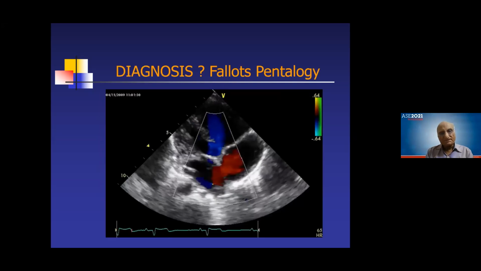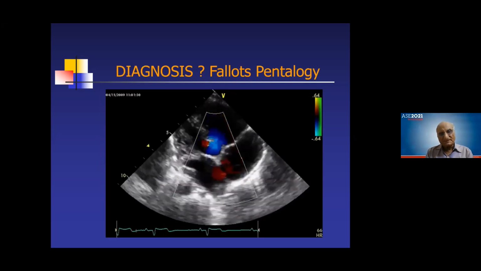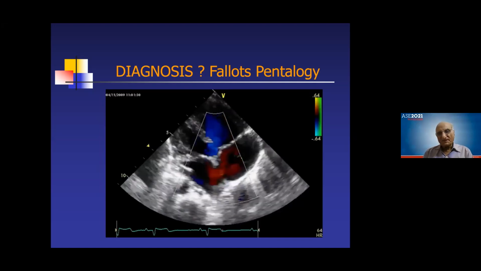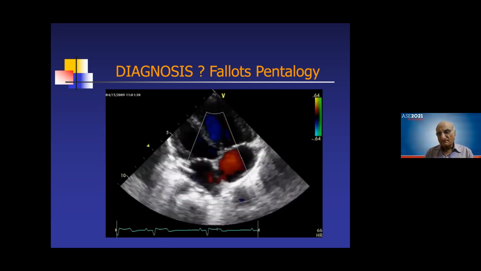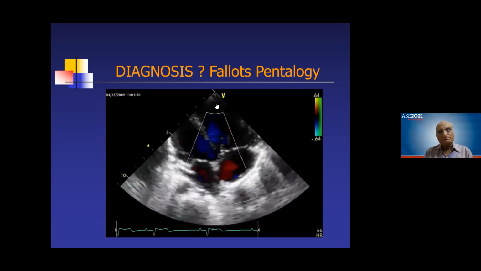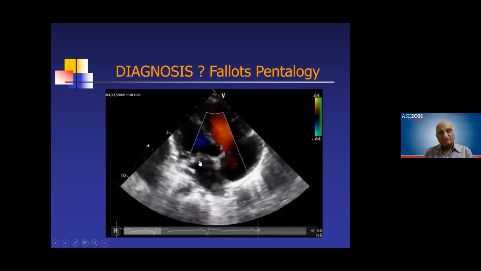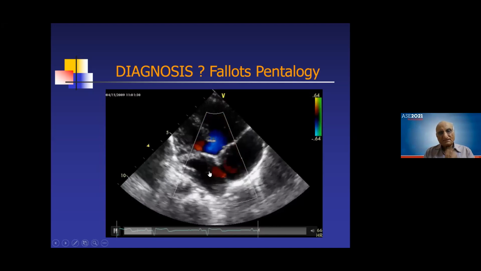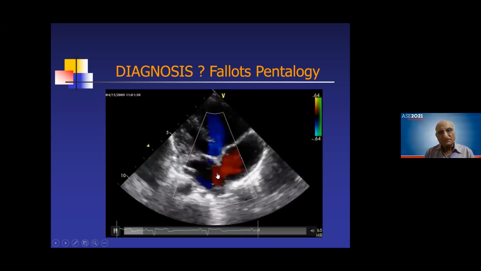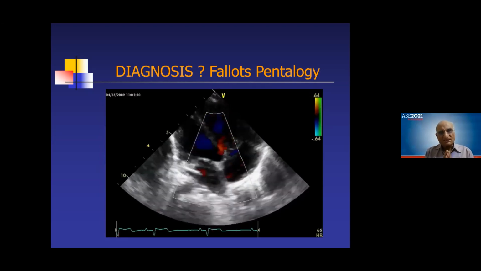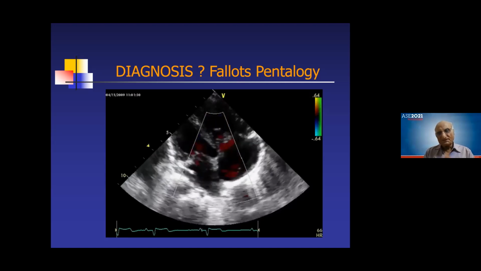And when you come to the apical view, you see there is a left-to-right shunt at the atrial level. This is the left atrium, this is the right atrium. That means one more lesion has been added here. So this becomes a Fallot's pentalogy, because besides the four things, a fifth thing has been added here, that is an ASD. So we see a Fallot's pentalogy. The main summary is that you must see all structures very carefully. So you have seen Fallot's tetralogy and Fallot's pentalogy.